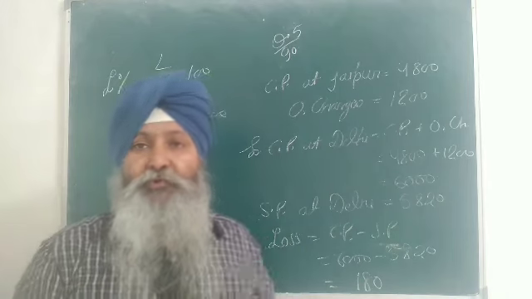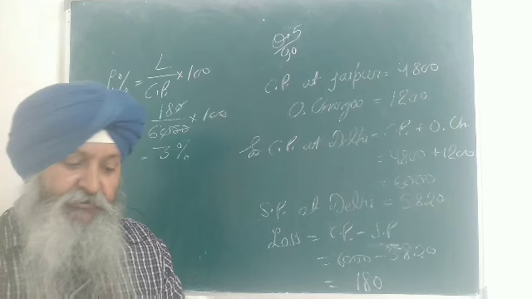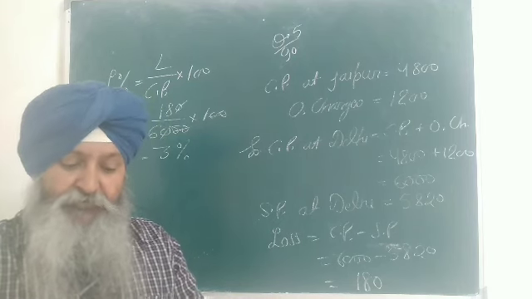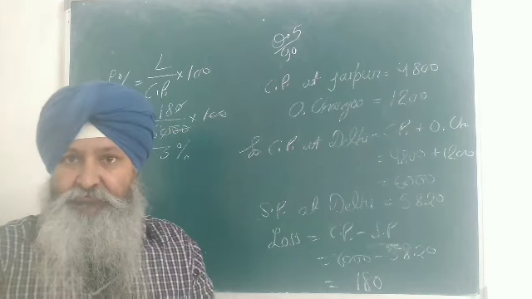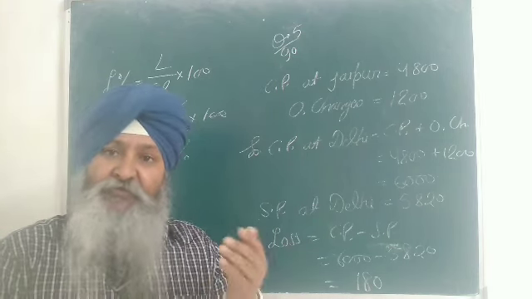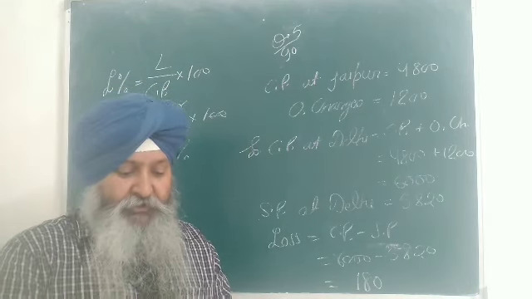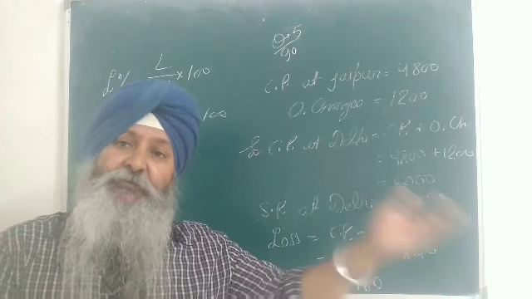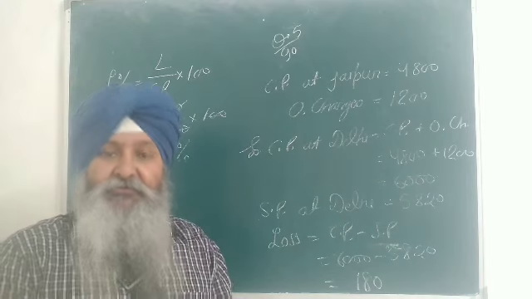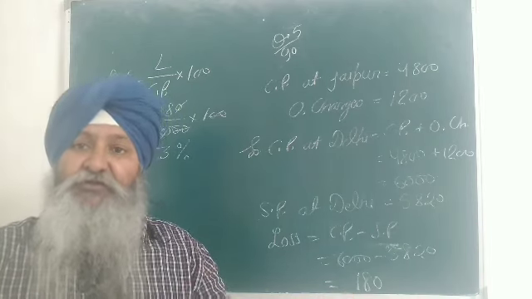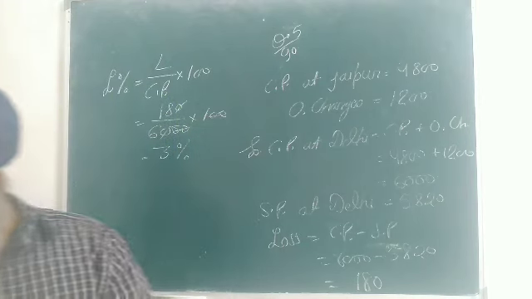Again, welcome back my dear students. Now we are on question number 5, page number 90. Question number 5: an article is bought from Jaipur for rupees 4800 and is sold at Delhi. Okay, it means the vendor is from Delhi. Then they are saying that rupees 1200 is spent on transportation for bringing it from Jaipur to Delhi. He spent 1200 rupees on that. Now they are asking that after reaching Delhi, he sold it for rupees 5820. What is his profit or loss percent?